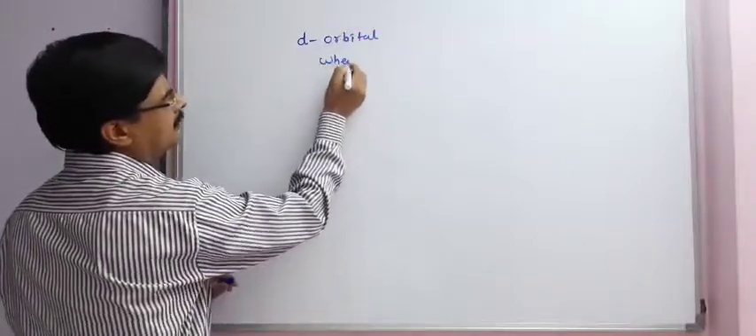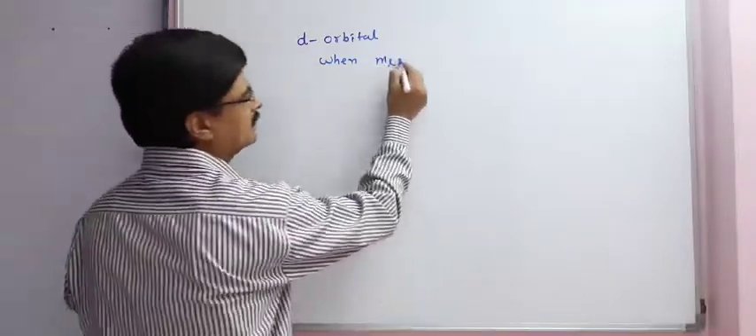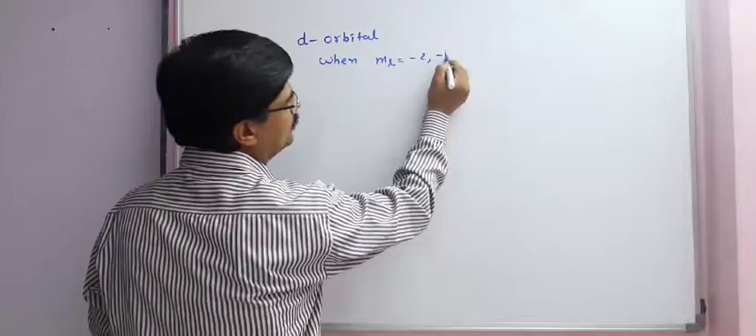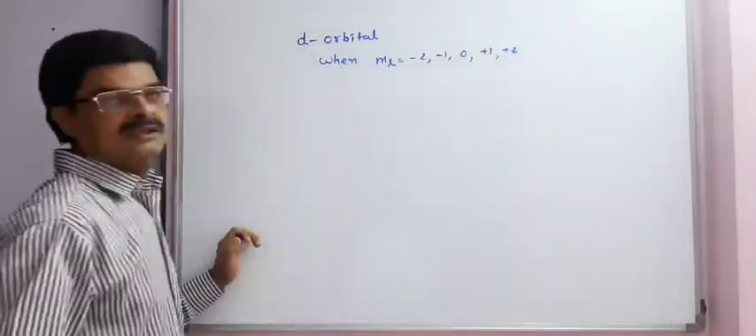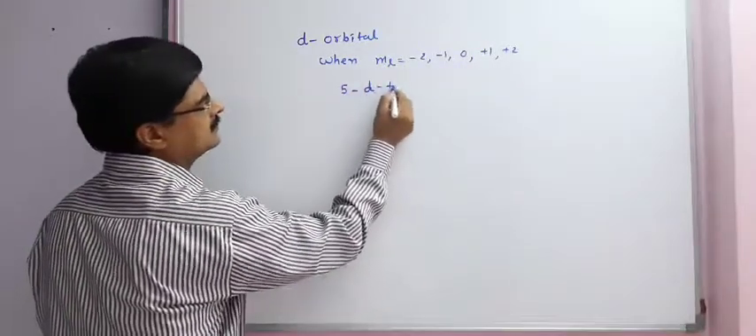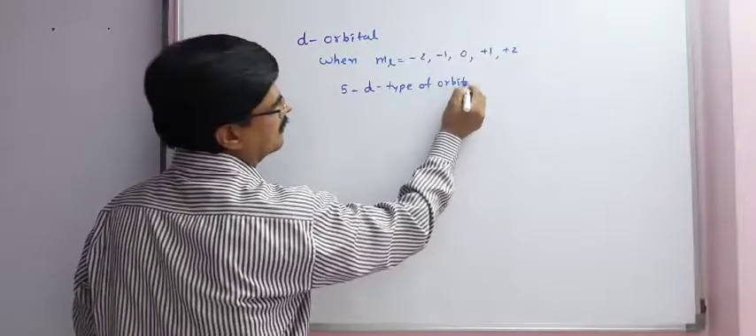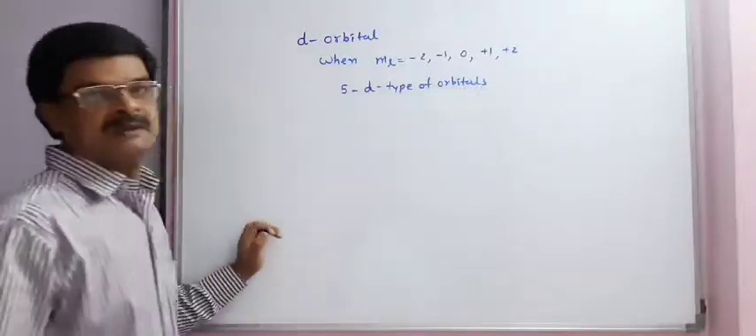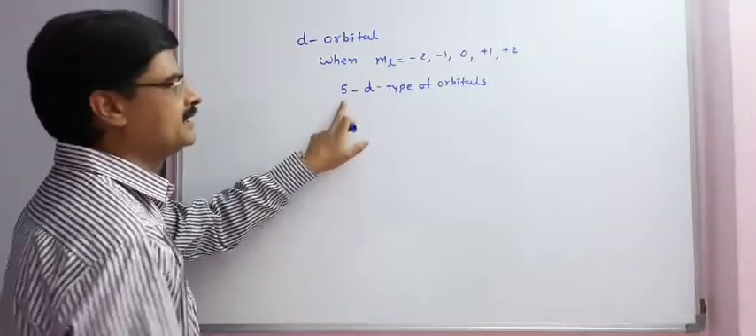When ml values are -2, -1, 0, +1 and +2, then a total of 5 d-type orbitals are possible. So there are 5 types of equi-energy d orbitals, and they are